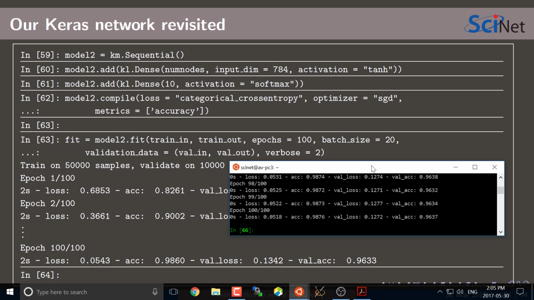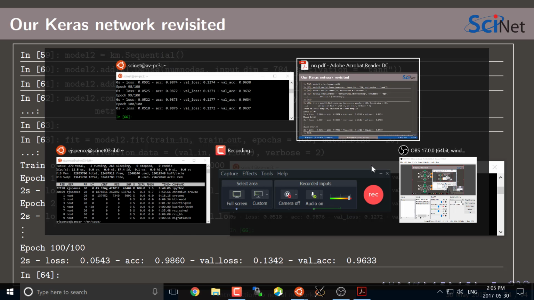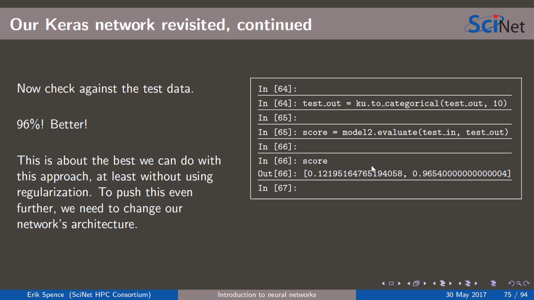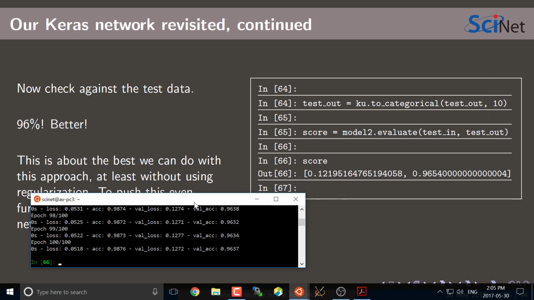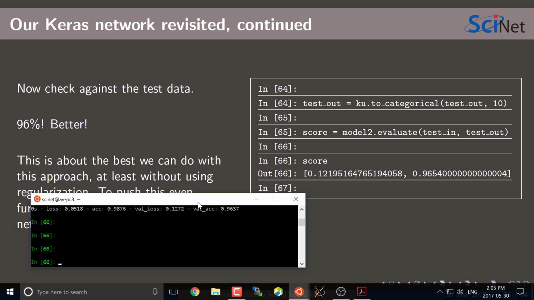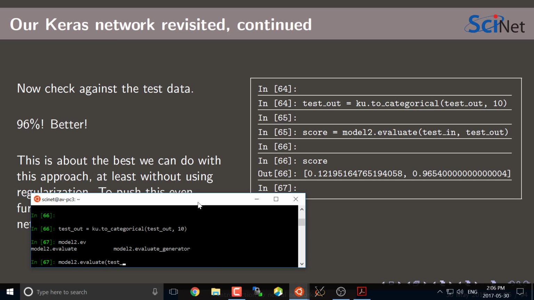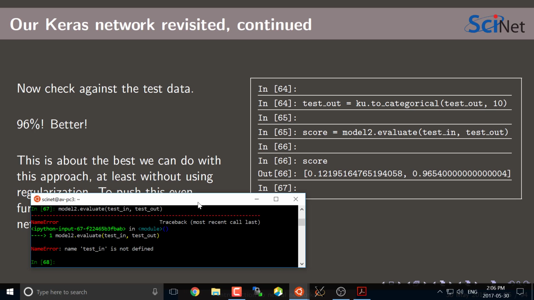All right. If it worked, then it's time to check the test data and see how we really did, because the test data is where it's at, right? It doesn't do you good to do well on the validation data. Oh, I haven't converted this yet to categorical, so we'll do that quickly. To categorical, test out 10, and then model 2 dot evaluate, test in, test out, and the winner is,